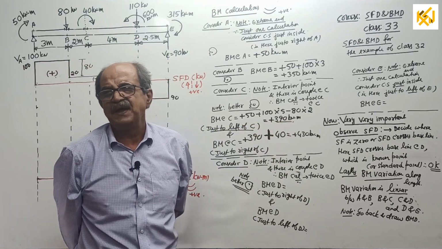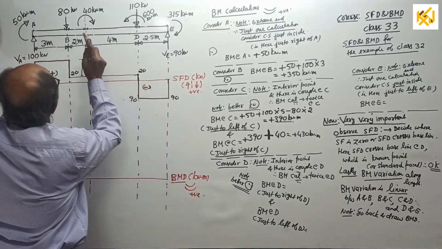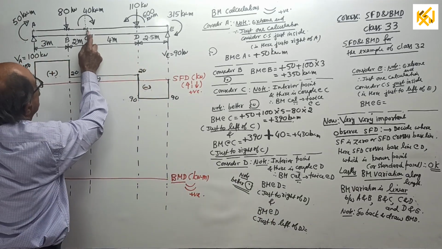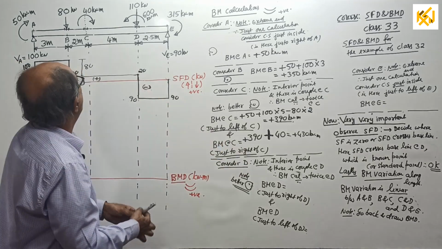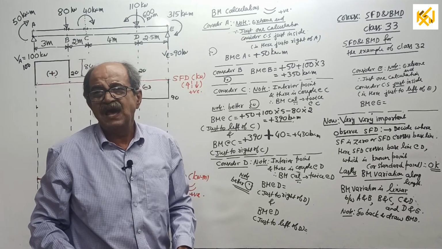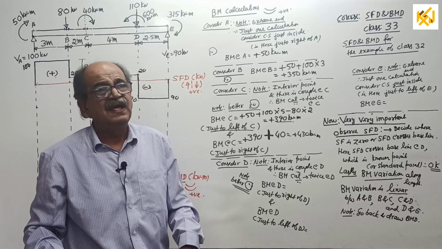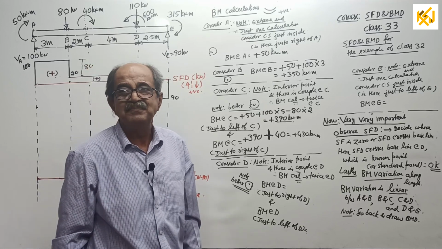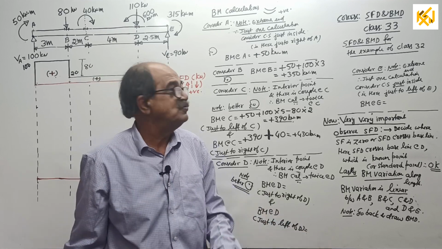Whether you look left side or right side, whatever side you see, BM just to left of C and just to right of C, nobody can change it. It is unique answer. Over. Now, come to D. Further, I am not explaining because purpose is already served. This is just to complete the question so that you are happy that finally one SFD BMD came. Not finally, it will non-stop start coming now.